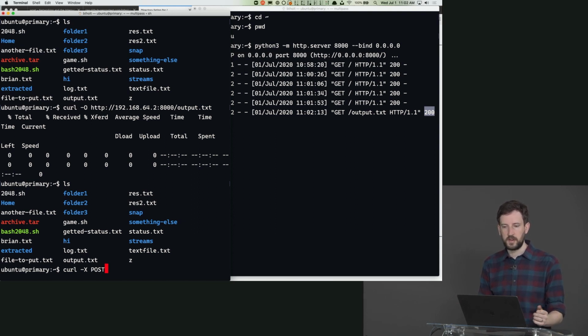But there's GET. We've been doing GET requests this entire time. There's POST requests, PUT requests, PATCH requests, DELETE requests, OPTIONS requests, HEAD requests, and there's more. But those are the primary ones that you would ever see. But anyway, you can do curl dash capital X, and then put whatever verb you want there. You can even do a made up verb, and it's like, okay, I can do that. I don't know what it does, but you can totally do that. But let's do POST for right now, and then against the same HTTP, what is it,